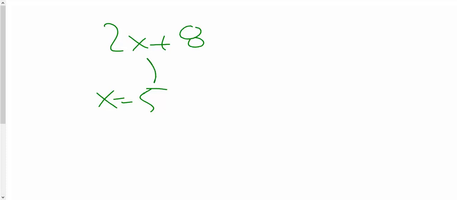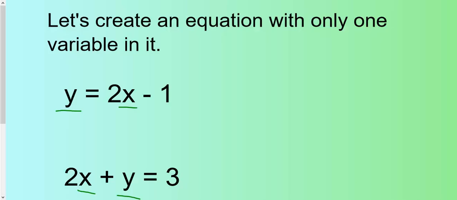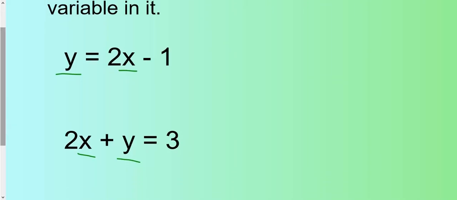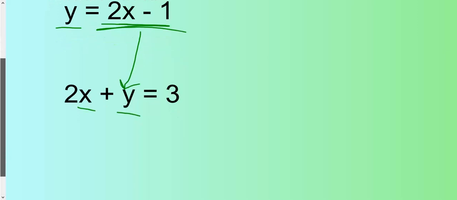It's no different than if I have, let's say, 2x plus 8, and I say x equals 5. You can take the 5, plug it in for x, and do 2 times 5 plus 8, and then you can solve this equation or this expression. We're going to be doing something similar to that. What we're going to do is y is equal to this here. And we're going to take that and we're going to plug it in for the y down there. So instead of plugging in a number in for a letter, we're going to plug in an expression in for a letter. So 2x